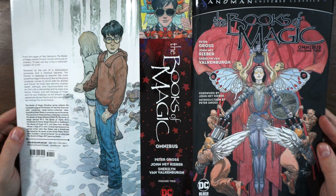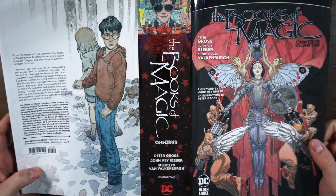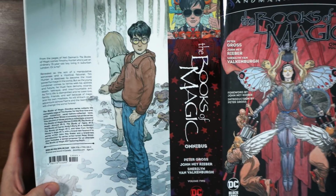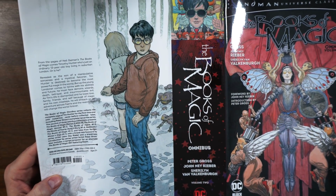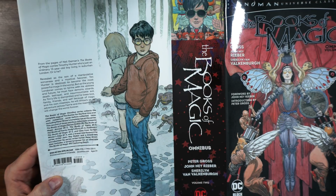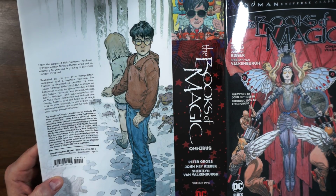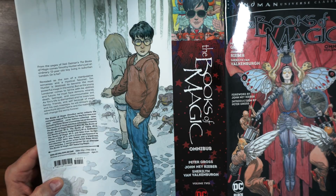You've got a foreword by John Ney Rieber, an introduction by Peter Gross, and the spine and the back. So, big boy, $150 cover price. Collects The Books of Magic Series 2, 33 through 75, The Books of Magic Annuals 1 and 3, Fairy 1 through 3, Molly's Story 1 through 4,